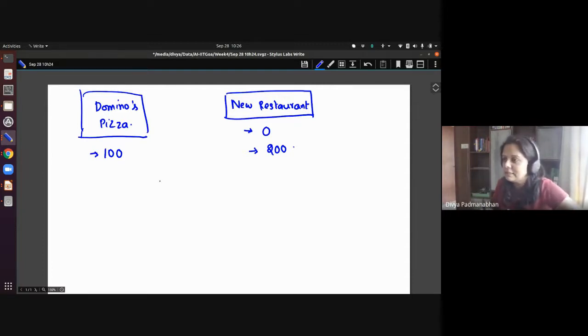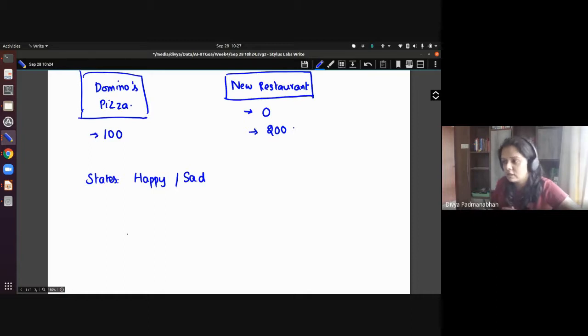But let's consider the case where the states are something like this: you're happy or you're sad. If you go to the new restaurant and you get a reward of 0, you're sad. That's just the notion. It's a very loose example.